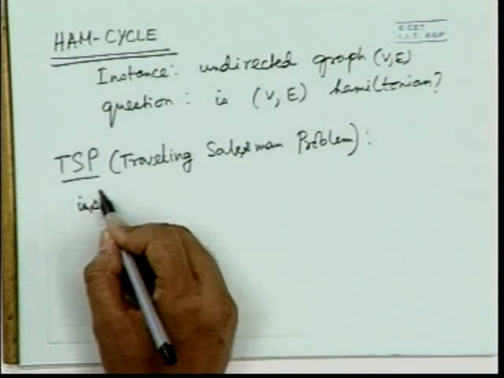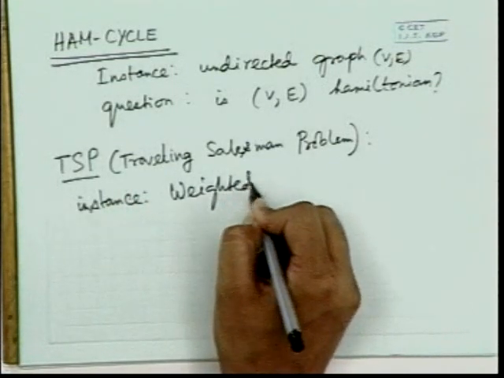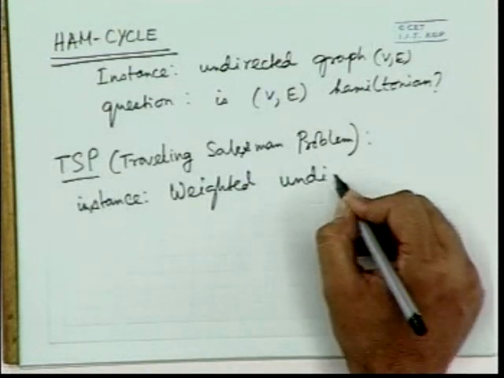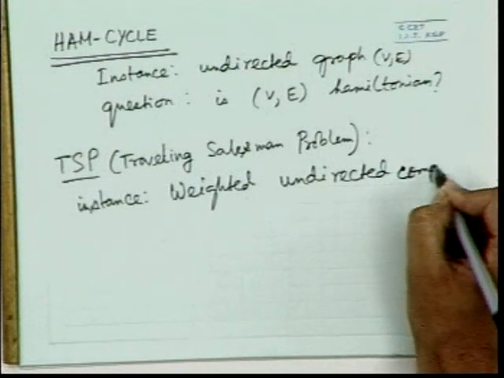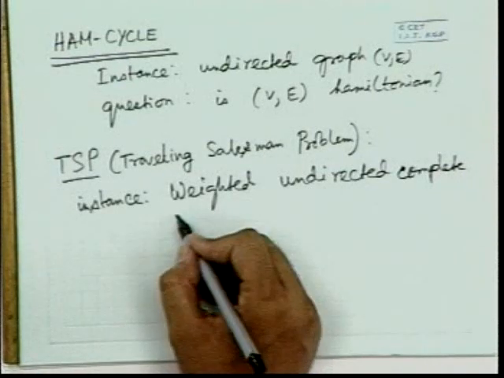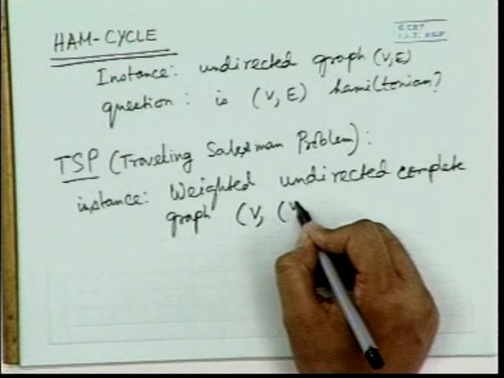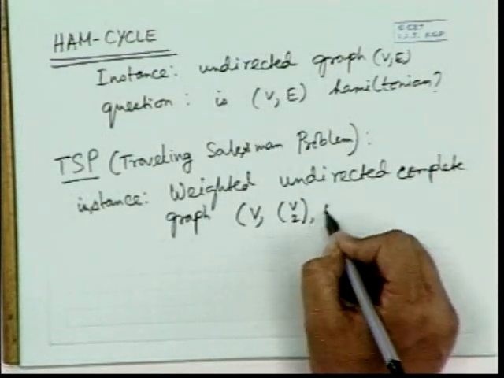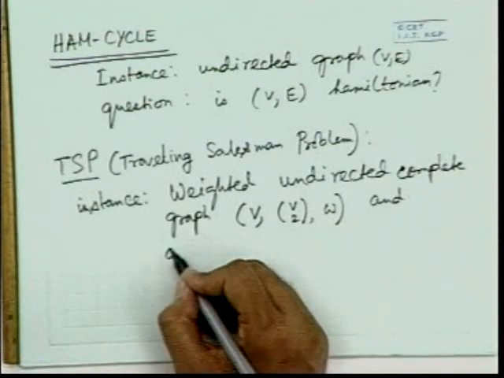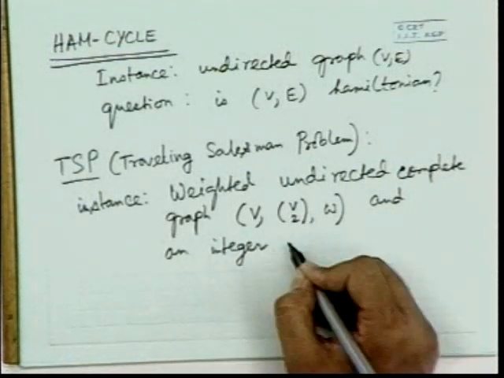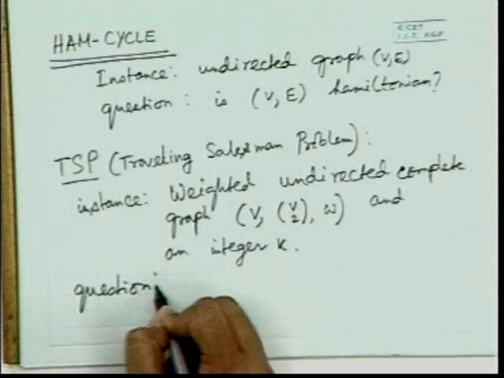The instance is this: a weighted undirected graph, but this time a complete graph. V, the edge set is V choose 2, and W is the weight, and an integer k. The question is this: is there